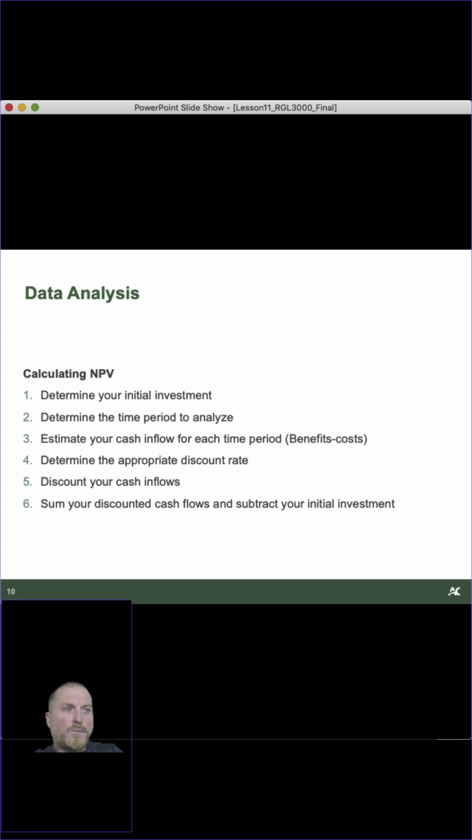Estimate your cash inflow for each time period. Those are benefits, okay? Determine the appropriate discount rate, which is 5%. Discount your cash flows, which we'll show you in Excel. Sum your discounted cash flows and subtract your initial investment, or your investments that may be phased out over 5 or 6 years. All right. So that's the key for calculating your